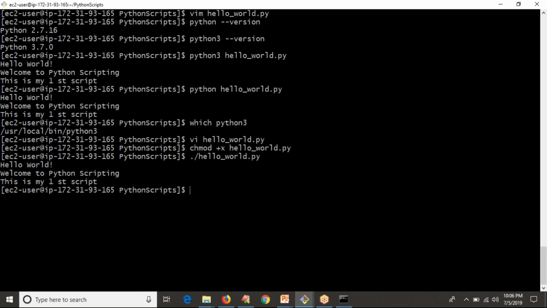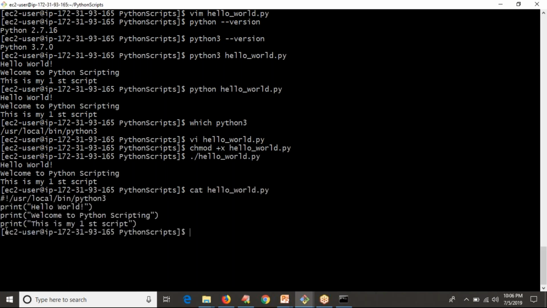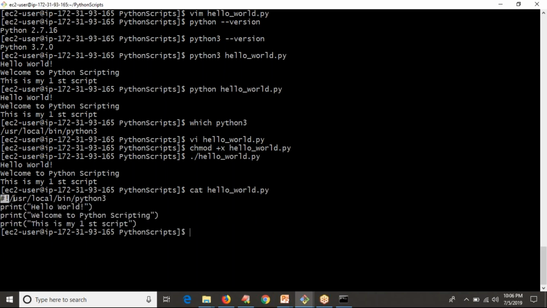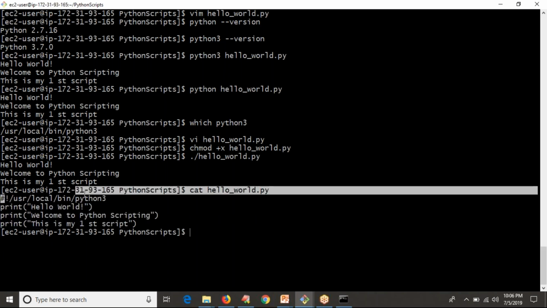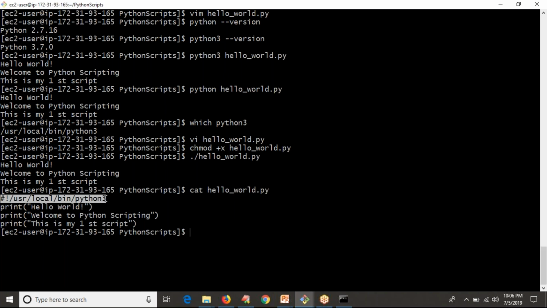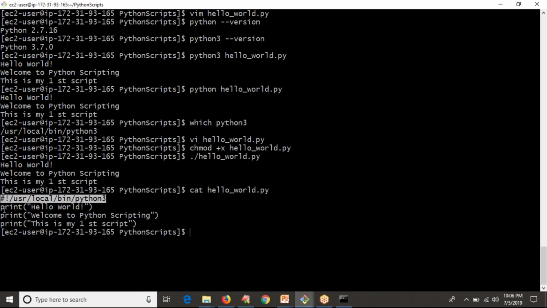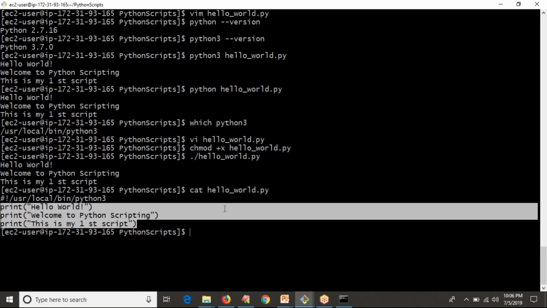You're getting output now. Observe your script, right? Here you can mention whatever Python you need to run your lines. I want Python 3 to run my code. That's why in the very first line, with the symbol hash exclamation mark, I am mentioning my Python path, and this line is called the shebang line. The purpose of this line is that you are mentioning an interpreter, which interpreter you are going to use to run your Python script. That's it.